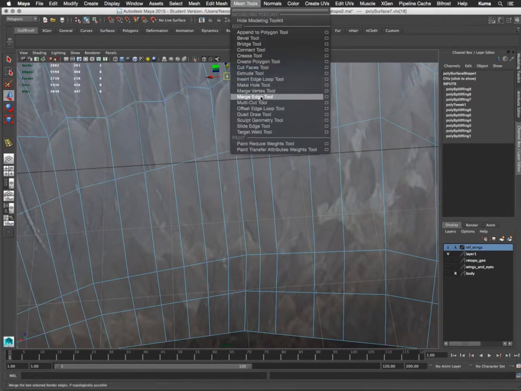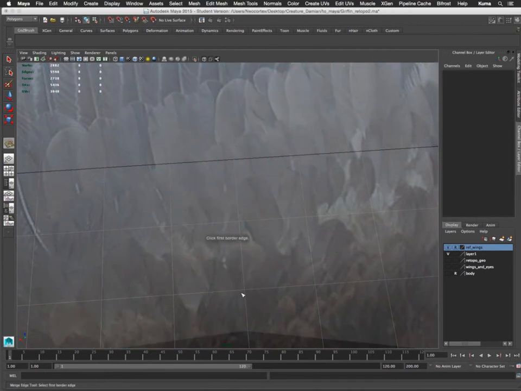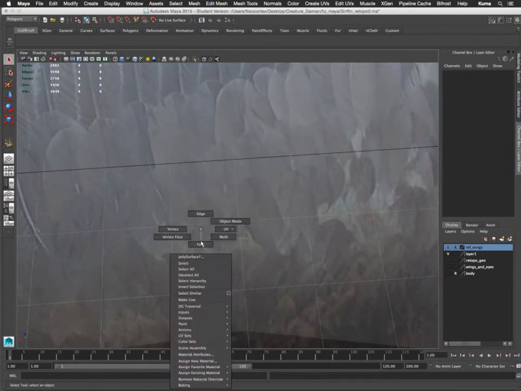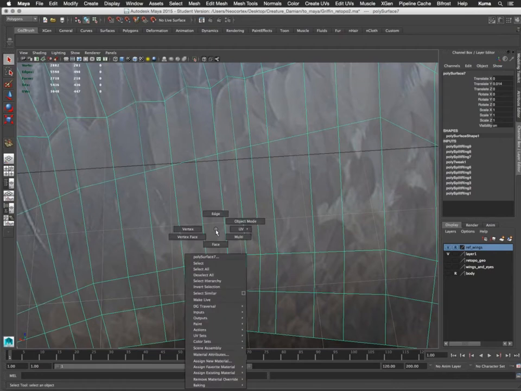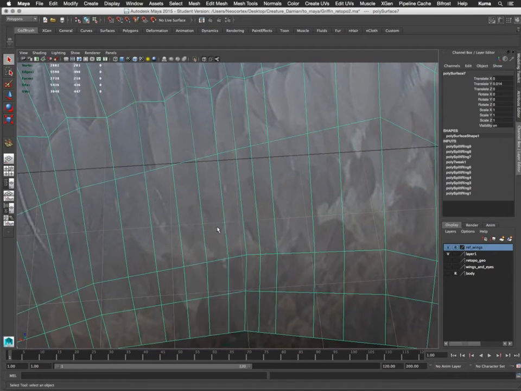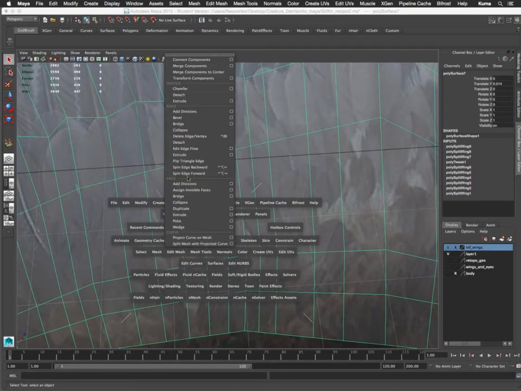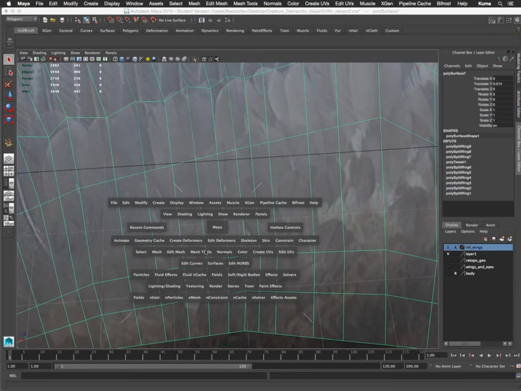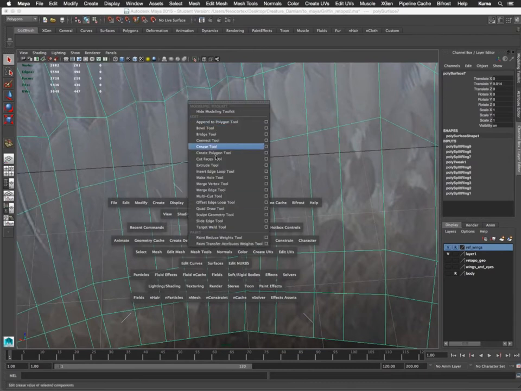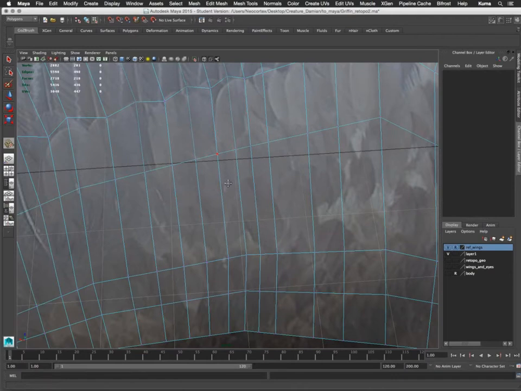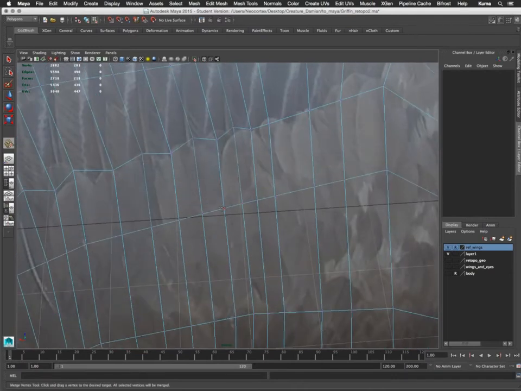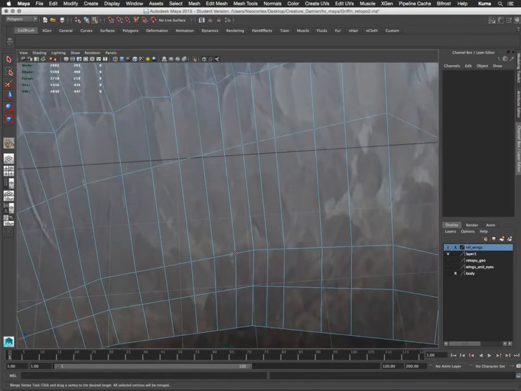Mesh tools. And let's go ahead and use the merge edge. Actually, let's use merge verts. Sorry, mesh tools. There we go. All right, so coming out from either side of the feather,